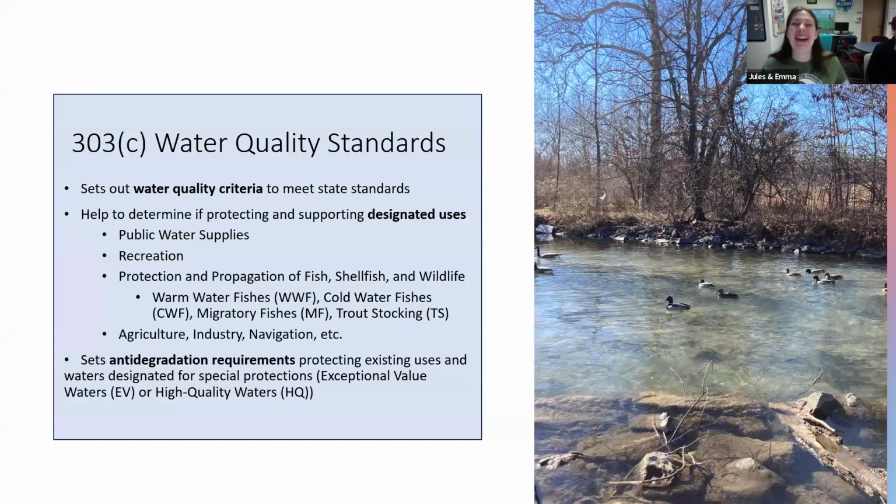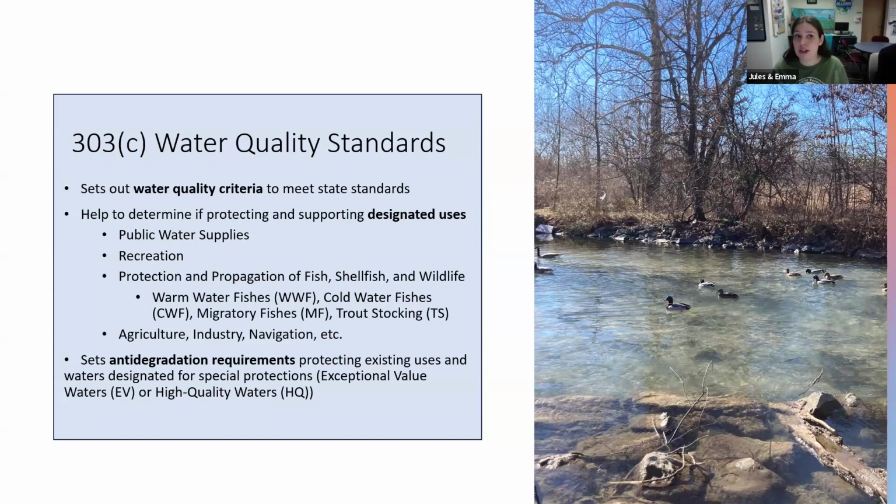Yes. All right, so first we'll touch on 303(c). This is where the water quality standards come into place. So there's water quality criteria based on different parameters. Phoebe went over some of the parameters, and there's definitely parameters that you guys are familiar with from your data collection that you do. So based on the criteria, we can figure out if, like I said before, the designated uses are being protected and supported. So there are different designated uses that you might see in your site profiles.